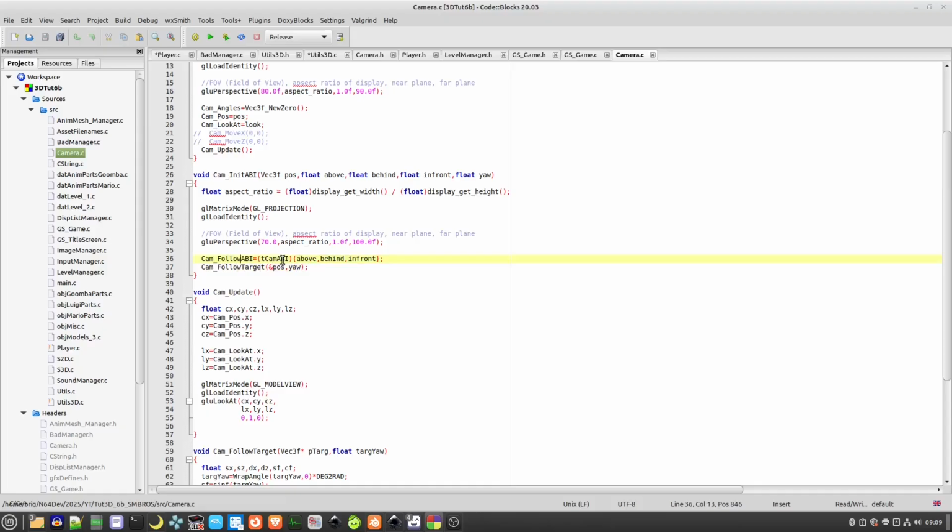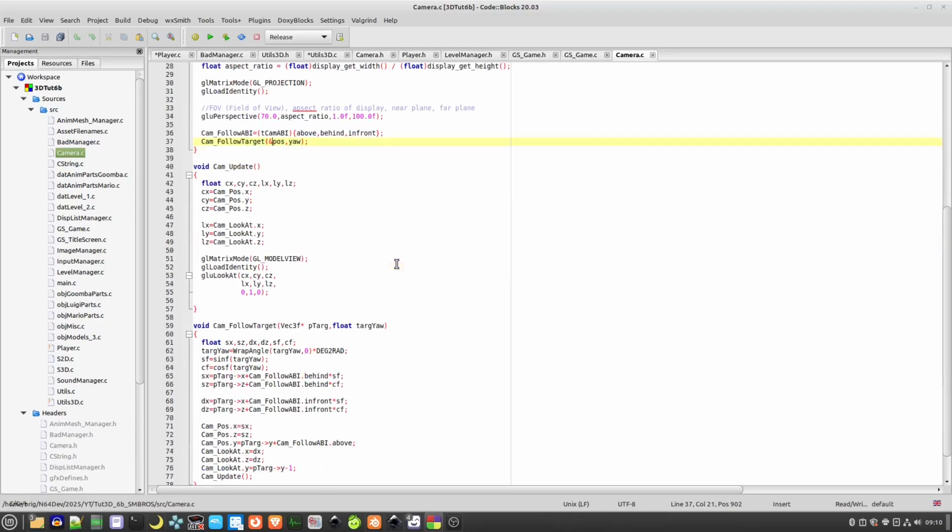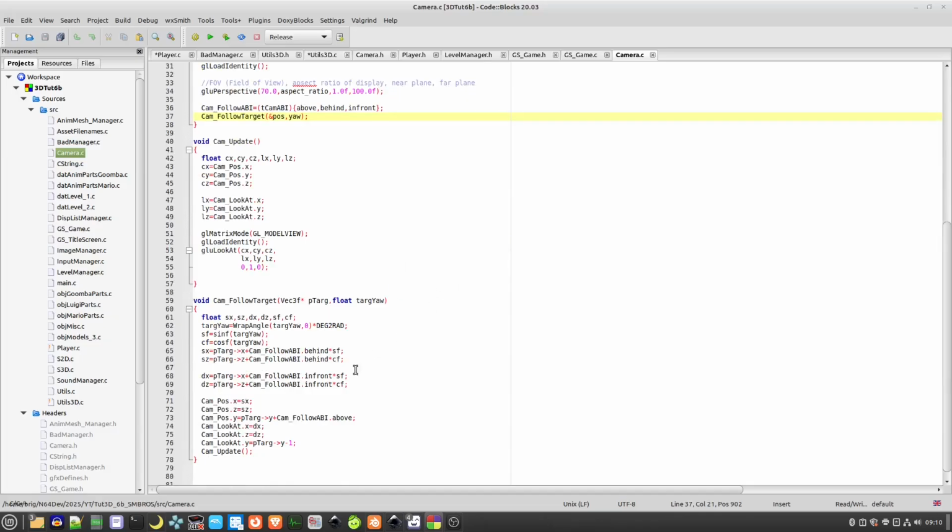So we plug in the above, behind and in front values into the follow structure here, and then we use the yaw of the actor and its position, and then we basically calculate the X and the Z position behind the player,